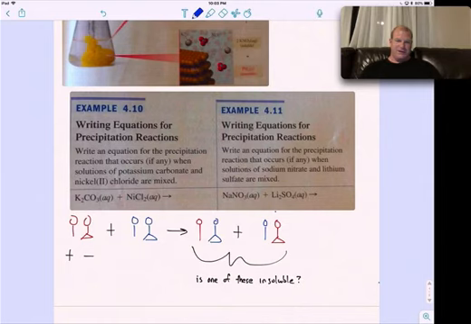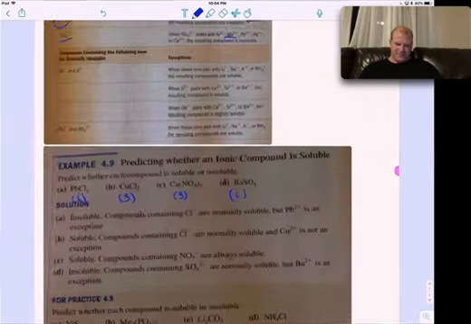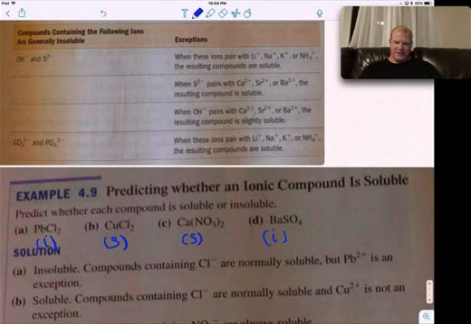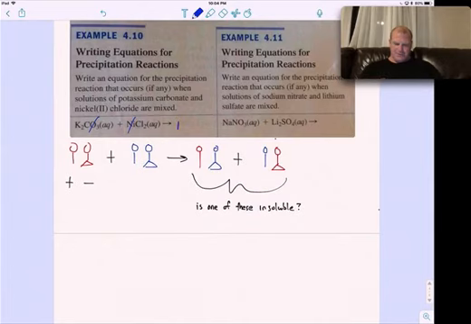And so you have to look and think, okay, is one of these two insoluble? So for the first one, let's say potassium is then going to mix with chlorine. And all potassium salts are soluble, so that's not going to result in a reaction. Then nickel is going to react with carbonate. And if you look at the rules, carbonates tend to be insoluble, and nickel is not an exception. Therefore, this one will form